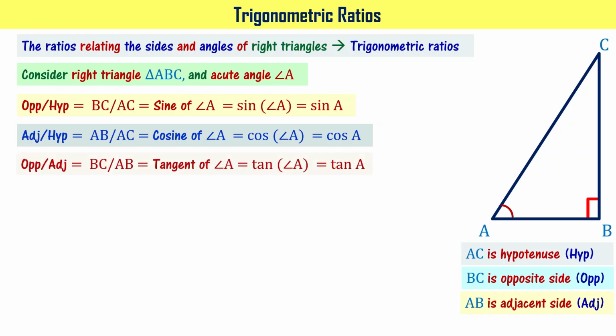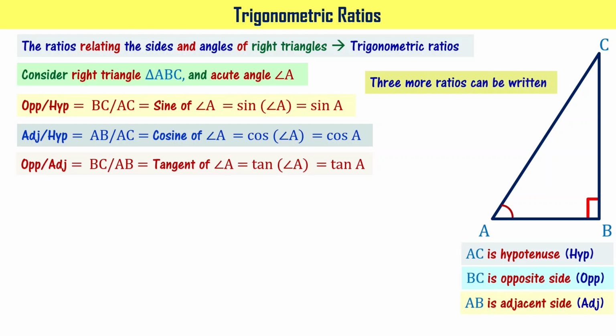For example, if you get the value of length of opposite side and adjacent side of the triangle as a function of the acute angle of the right triangle, then you get a ratio, that is length of opposite side by length of adjacent side, that is called tangent of angle A. That can be also written as tan of angle A, and simply it can be called tan A. Please take a note of this.